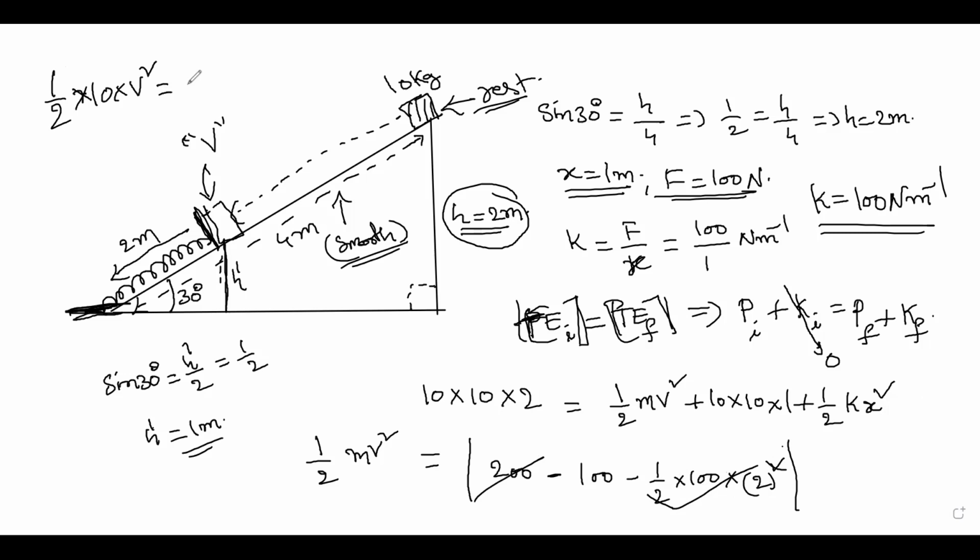That happens to be like, you get a negative term. That's why I'm taking the modulus of the thing finally. So you will get about 100 here. So here this one gets cancelled 10 times. So v square happens to be 20. So v is equal to square root of 20 meter second inverse.